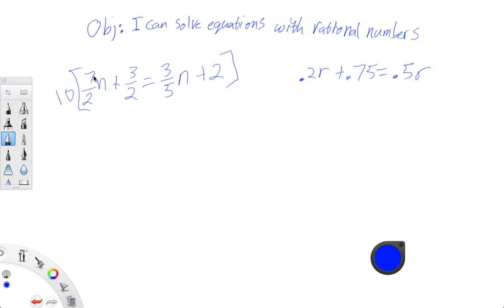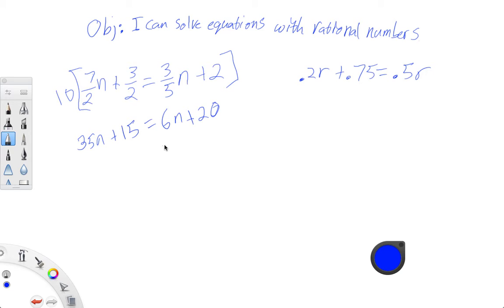And 10 times 7 is 70. 70 divided by 2 is 35, so I have 35n there. 10 times 3 is 30. 30 divided by 2 is 15, so 15. And I don't have to multiply first. I could divide first. 10 divided by 5 is 2. 2 times 3 is 6, so 6n. And 10 times 2 is 20. So this is my new equation. That's a 0. And then I'm just going to follow the same steps that I've been practicing, as I'm sure